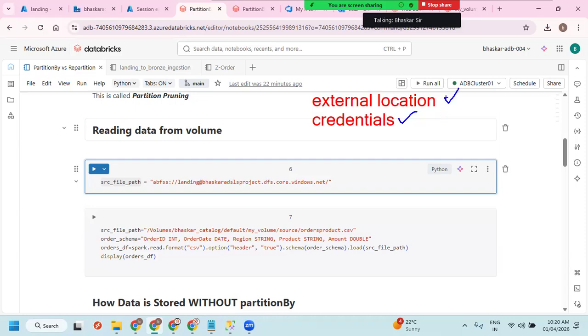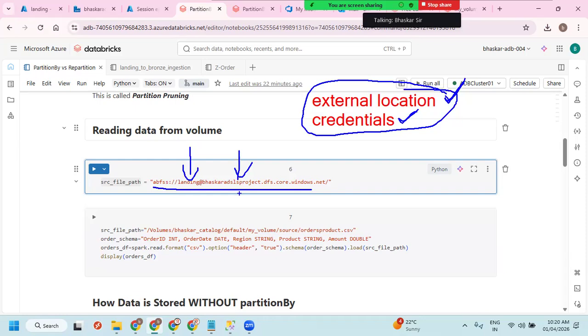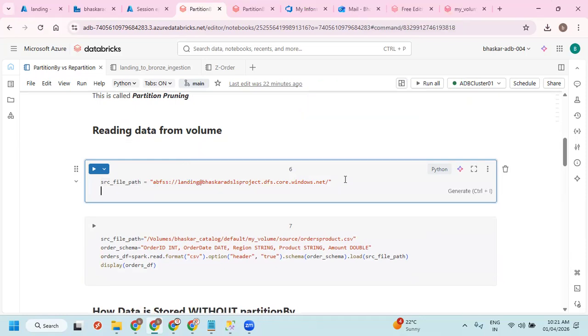And the external location also you can use, or you can create it if you wanted to have a different location. I'm already having that. This is my container name and this is my storage account. So I wanted to see what is there inside this, using dbutils.fs.ls on the source file path.